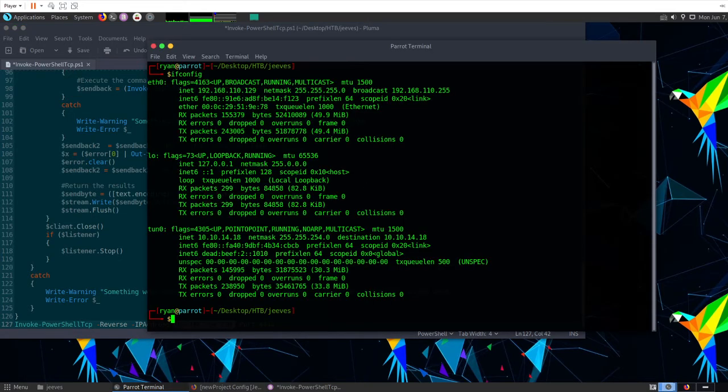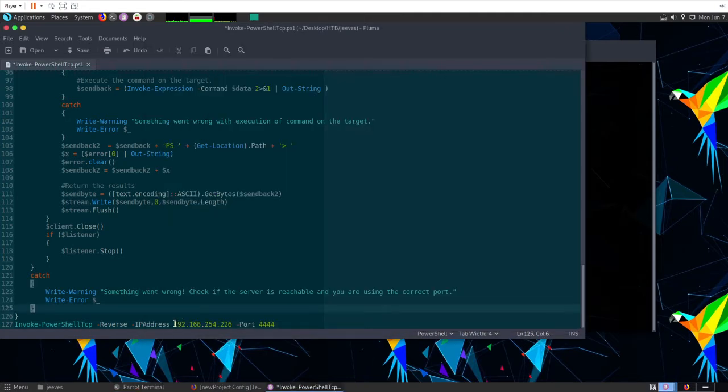Do a quick ifconfig. Looks like my IP is 10.10.14.18. So we're going to replace this with our IP address, 10.10.14.18, and replace the port with whatever port we are going to be listening on using a tool